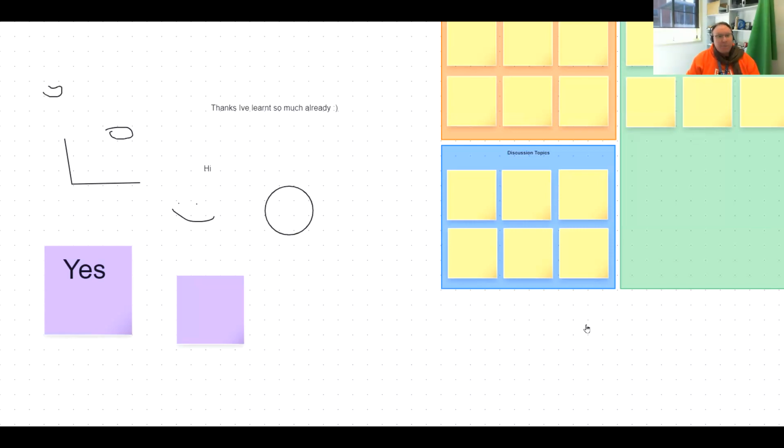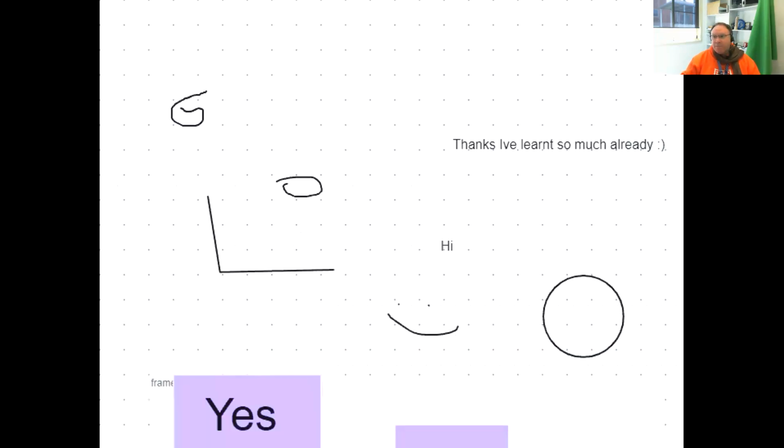What I'm going to do in a second is open up a whiteboard where the instructions are a little bit more obvious and the parameters are, I suppose, a little clearer. All right, so what I've done here to begin with is shown you how to create a whiteboard and how to get everyone to jump in and do things. But obviously, as with any type of activity in teaching, parameters, scaffolding, instructions, clarity around the task, the expectations, all that stuff applies. So what I'm going to do now, apart from move my screen over here a little bit, is I'm going to close this whiteboard